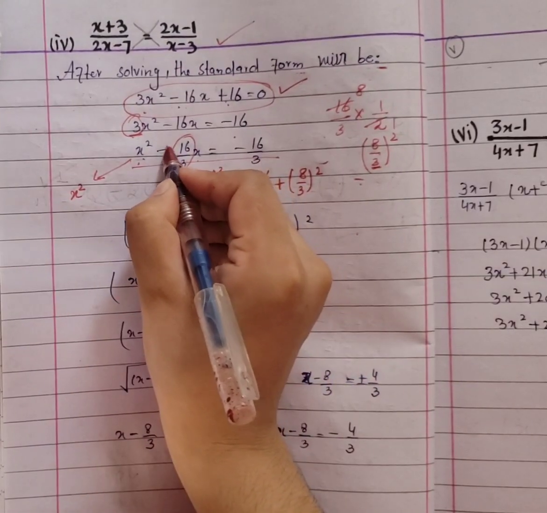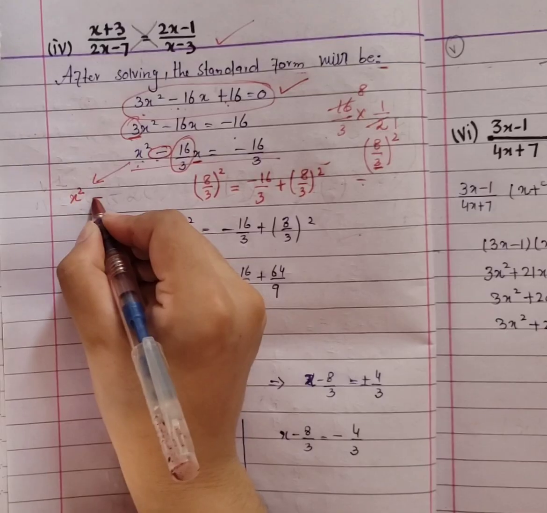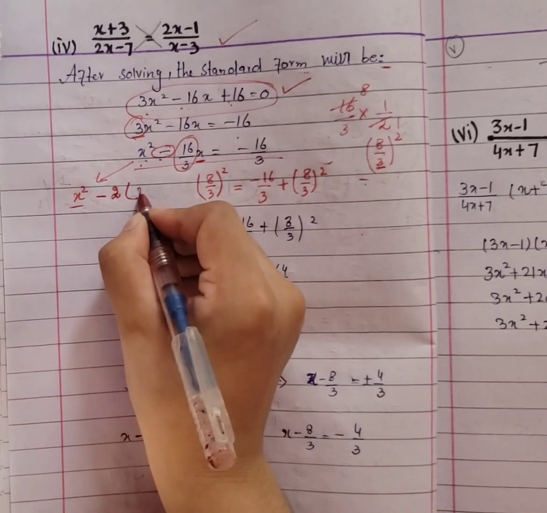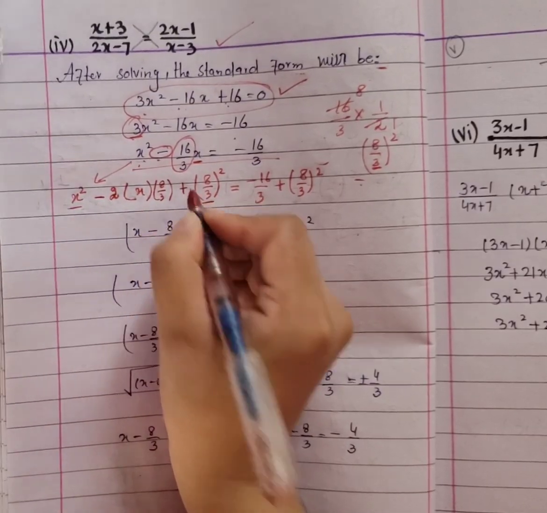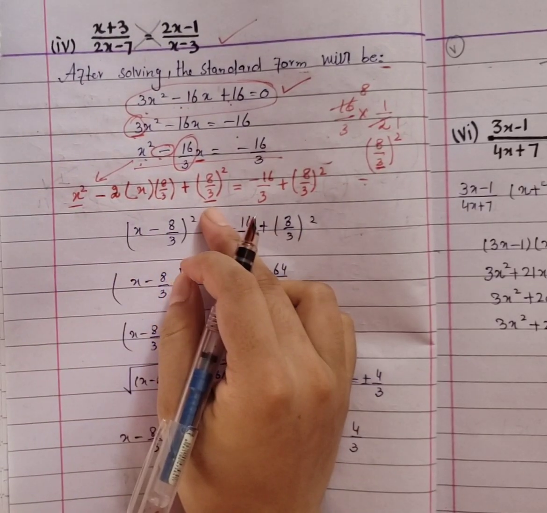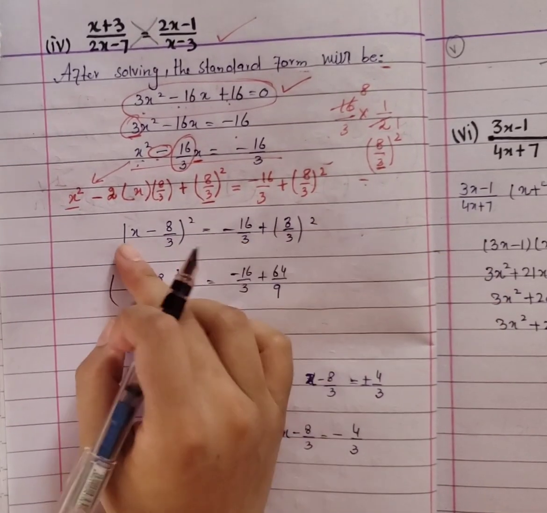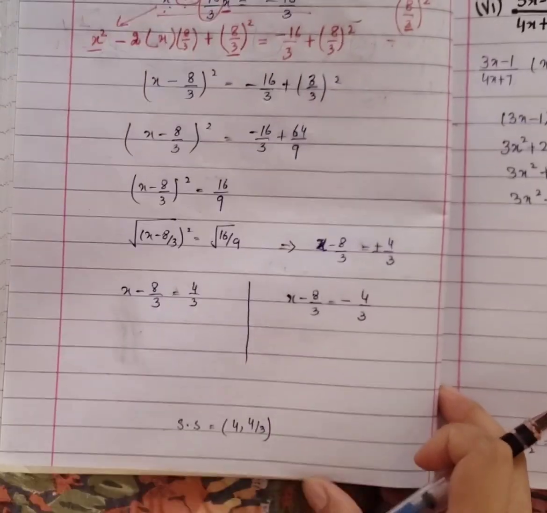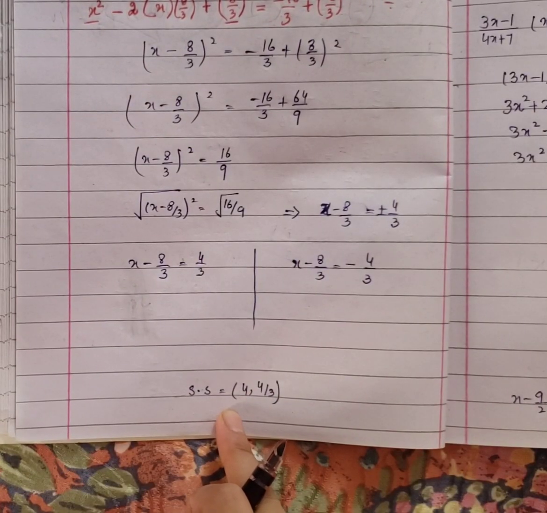Now note that the coefficient of x has a minus sign, so apply the formula with minus 2. First value is x and second value is 8/3. So this becomes the formula (a minus b) whole square. Now close this formula, you get x minus 8/3. The further steps are the same, you have to do them by yourself. Your answer will be 4, 4/3.